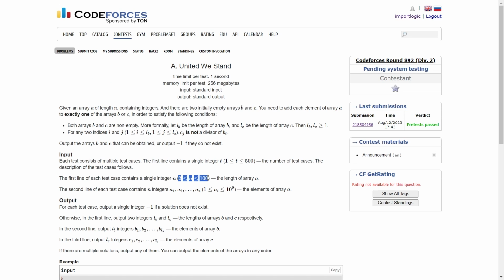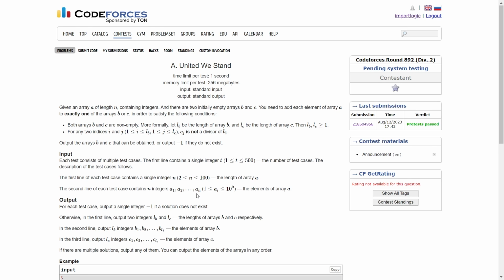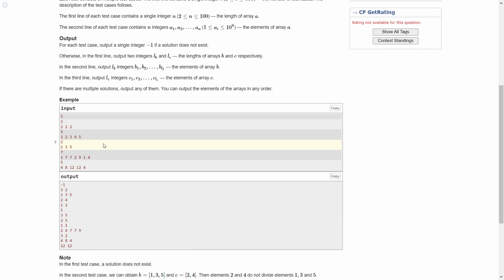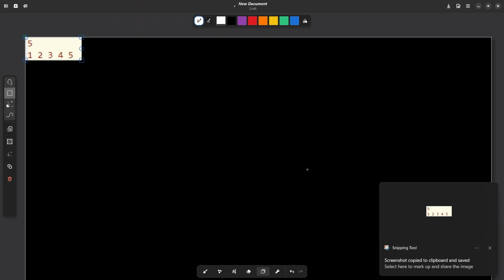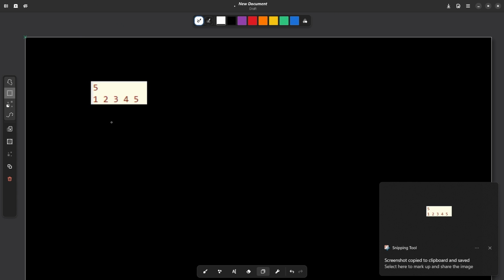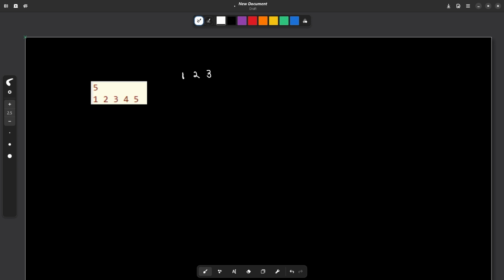You can solve it by brute force. I believe that my solution might be a little bit complex in terms of writing, but the overall idea is very simple. So let me just also explain you with the help of one example. So let's say that we have this particular sample test case with us. Now they are saying that we have these 5 elements in the initial array, and we have to create 2